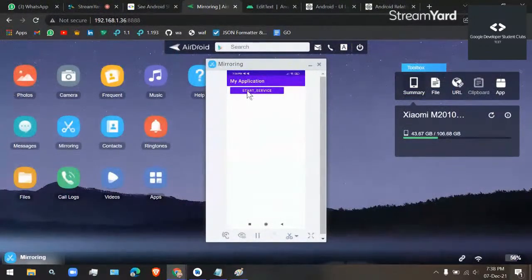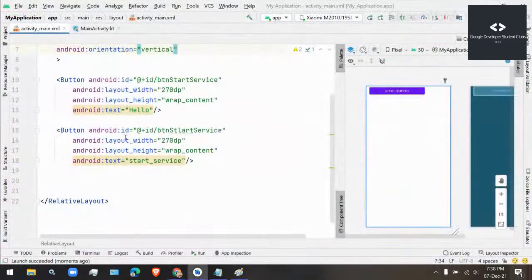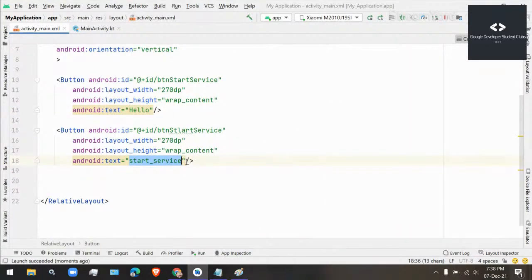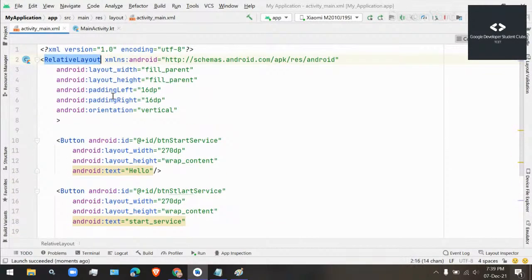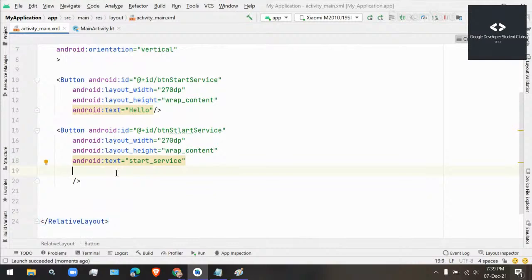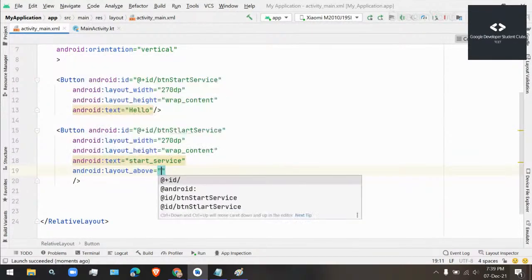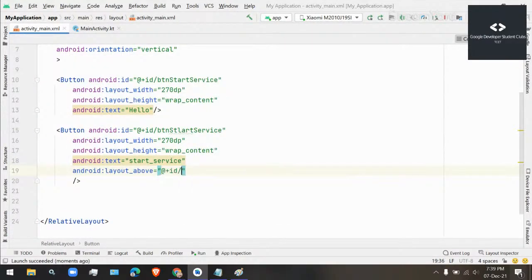So now I have run my application, but here you can see I'm only seeing this one button. But I have added two buttons here. One has the text hello and one has the text start service. But I'm getting only one button. So now what I will do is specify a property which is specific to this relative layout. It is the core property of a relative layout and it is layout above. Here I'm mentioning the ID of the button with the text hello. And now when I run this,